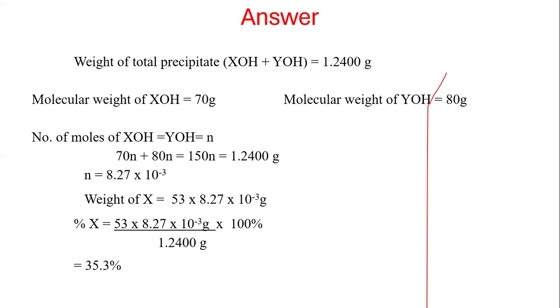Initial sessions are about the errors, whatever the method that you are going to do, how to overcome them, then the precision, how to improve the precision, and also definitions